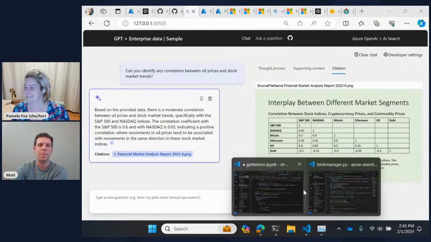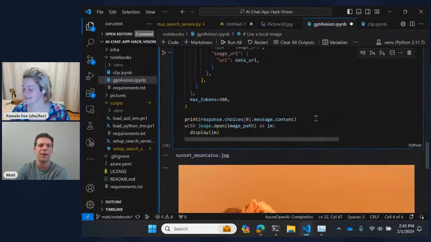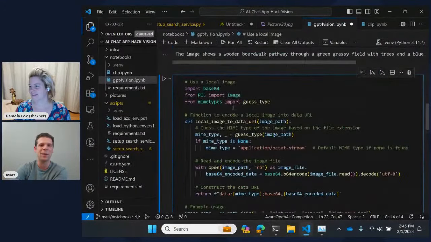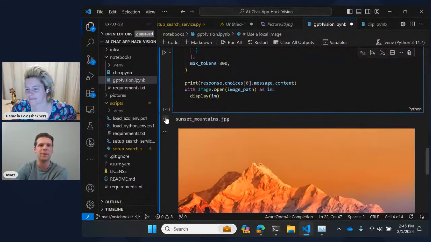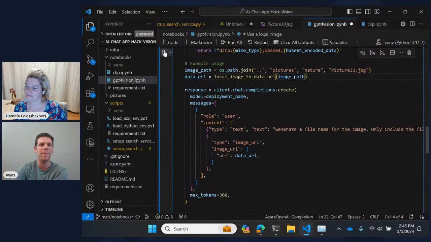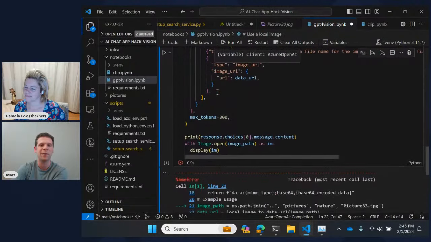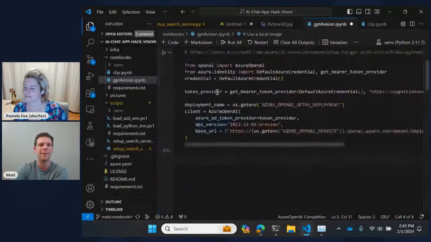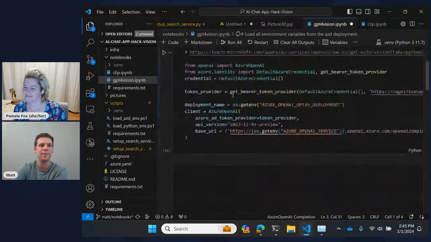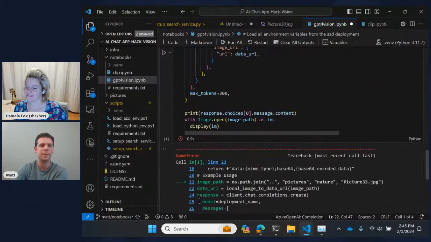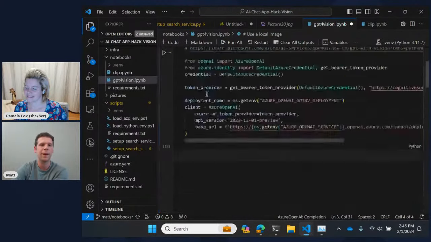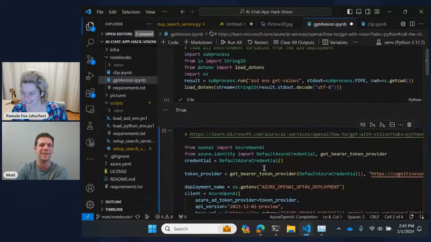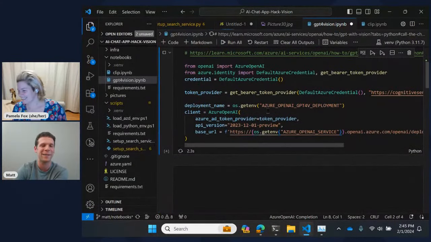Yeah, so it's actually super interesting. This is not using our sample at all. This is purely using just the GPT-4 model itself. And I need to rerun some cells. So, oops. Yeah, just rerun all the cells. That's how Jupyter Notebooks are. If you lose your context, you have to rerun all the cells. So